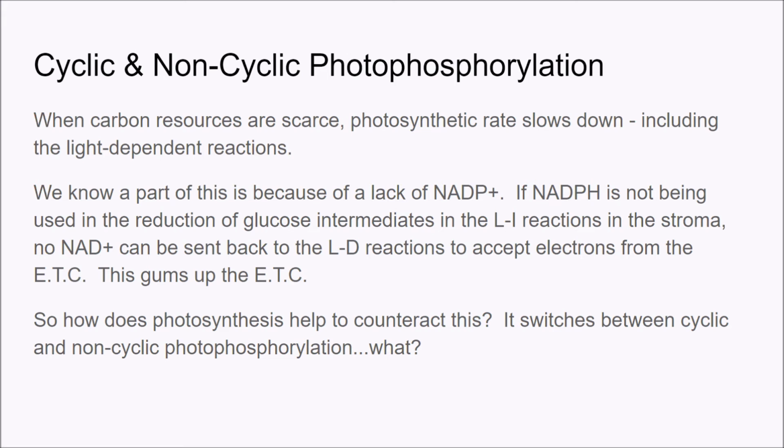We talked about what would happen if we ran out of oxygen in respiration, right? We said that leptin would be produced, the hormone that would reduce your appetite, and then you would just not be as hungry and you wouldn't respire as much. But photosynthesis can't quite do that. So how does it handle this situation? Well,